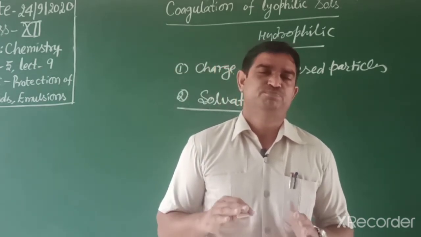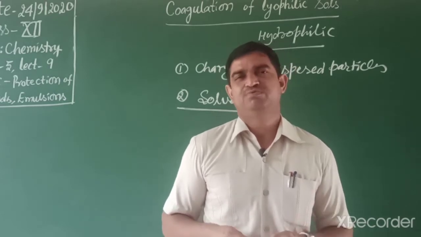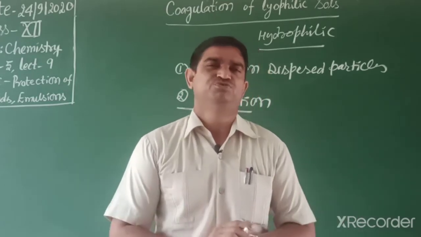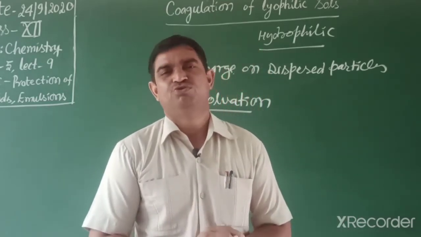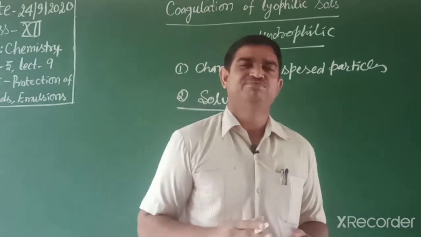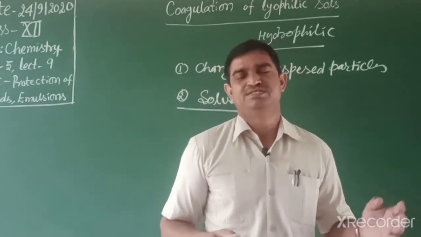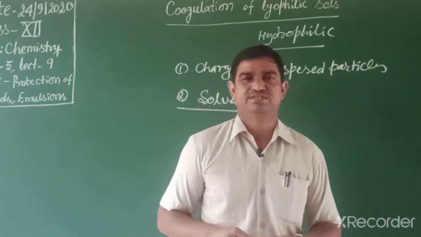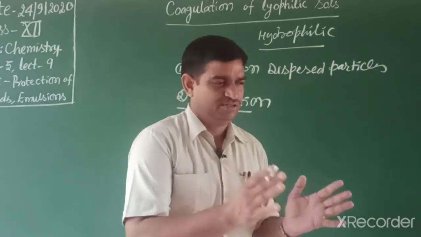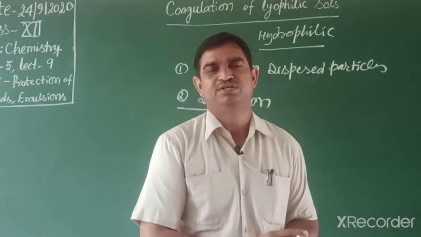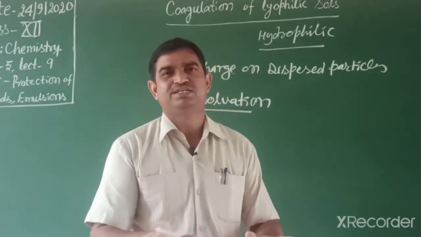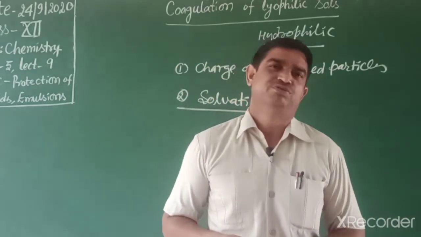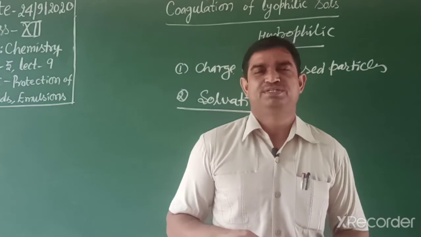Now we study the protection of colloids. How can we protect any colloids? Students, if two students are fighting with each other, how can we stop their fighting? By a third person, or by a teacher, or another fellow from the peer group, they can stop that fighting. Whether one person or more than one person stops the fighting, which is effective? A single person can stop their quarrel, which is more effective than 2, 3 or 5 people. So now we discuss another topic, that is gold number.